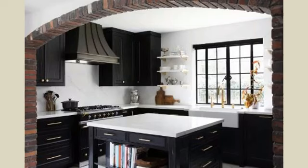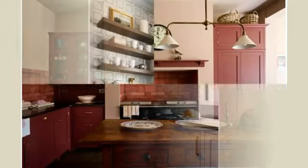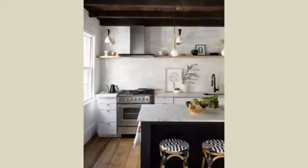Integrated appliances: built-in ovens, refrigerators, and dishwashers contribute to the streamlined aesthetic. Smart technology: integration of smart appliances, touchscreens, and automated systems for convenience and efficiency. Design elements: